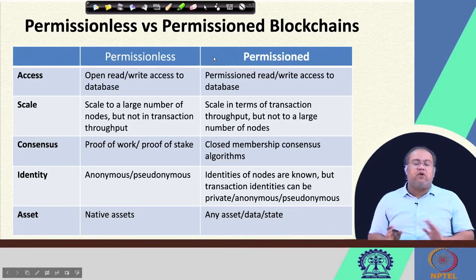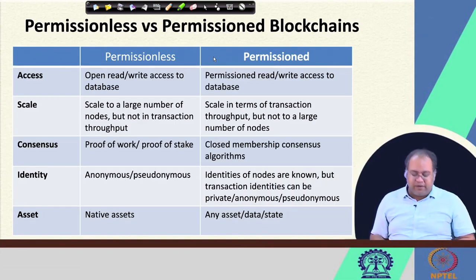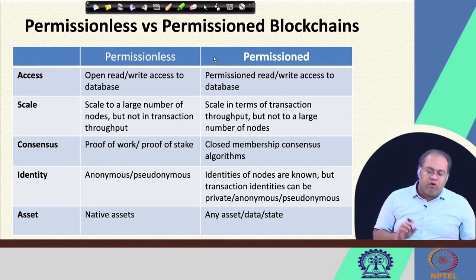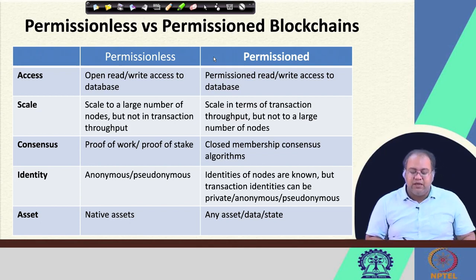So, if I just try to compare between the permissionless and permissioned blockchains, in terms of access control, in a permissionless model you have open read-write access to the database, whereas in a permissioned model you have permissioned read-write access to the database; you need to get pre-authenticated. In terms of scaling, a permissionless model scales to a large number of nodes, but not in transaction throughput, whereas a permissioned model scales in terms of transaction throughput, but not to a large number